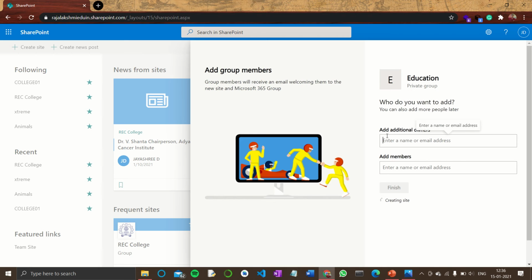Let's click on next. Here you can have additional owners. If you are working in a group project to create a website, then you can add your fellow teammates in this, and you can add members, you can add your mentors so that they can view your website. In my case, I'm not going to give any members, so I will click finish.